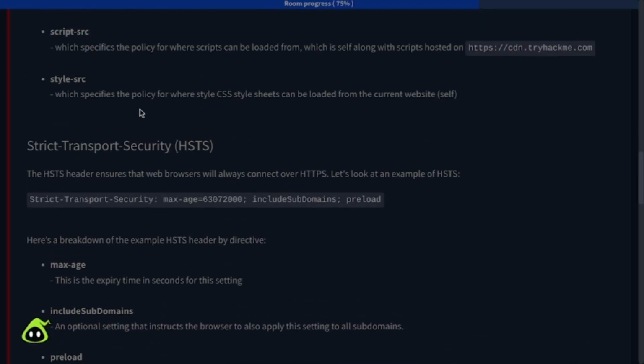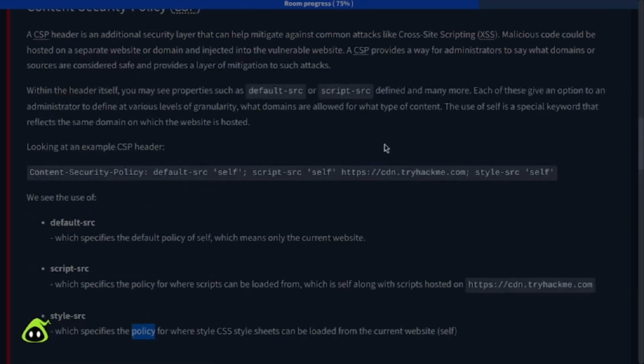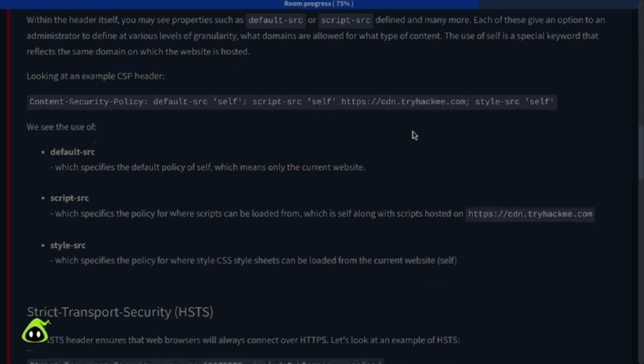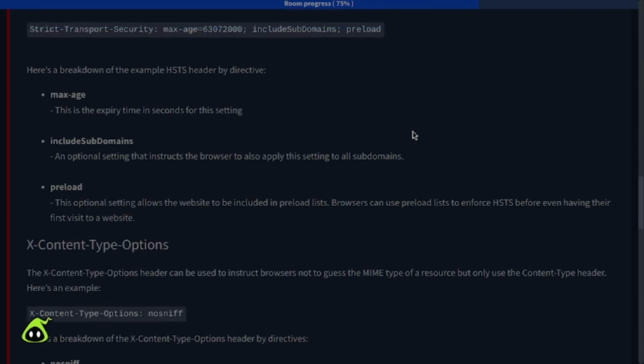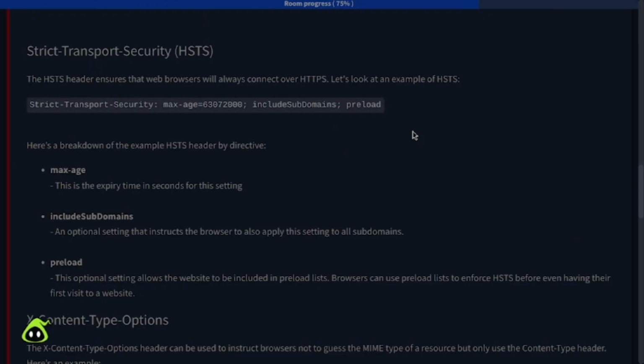And style-src tells the browser to only trust our own TryHackMe.com styling as CSS files, not to trust some other person's or malicious domains'